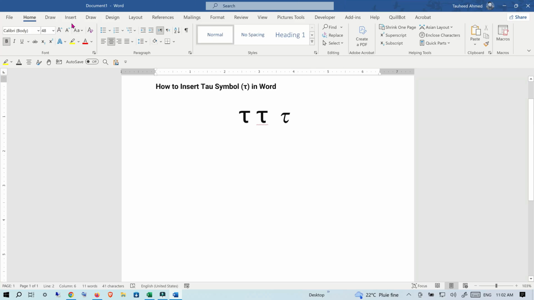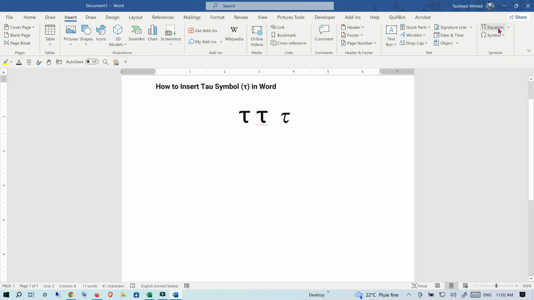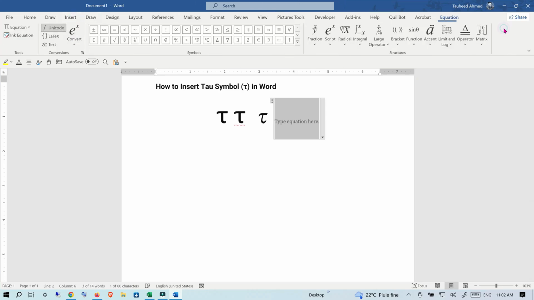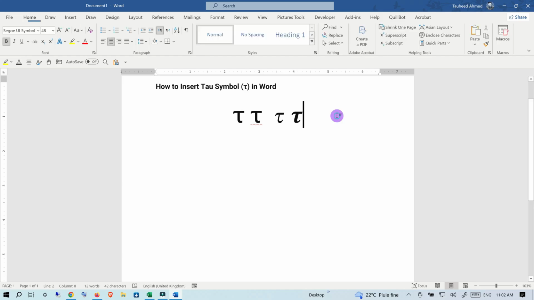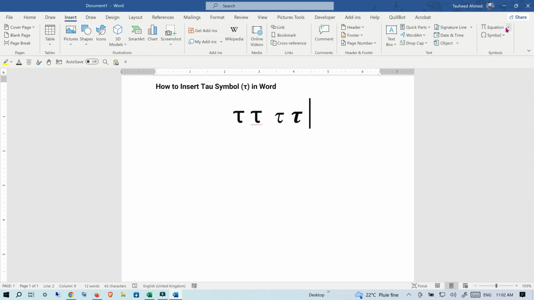Another way is that you need to click on the insert and click on the equation. An equation editor box will be open up. You need to put the backslash and type TAU and hit the spacebar. Click outside. Another way is that you need to click on insert, click on the equation